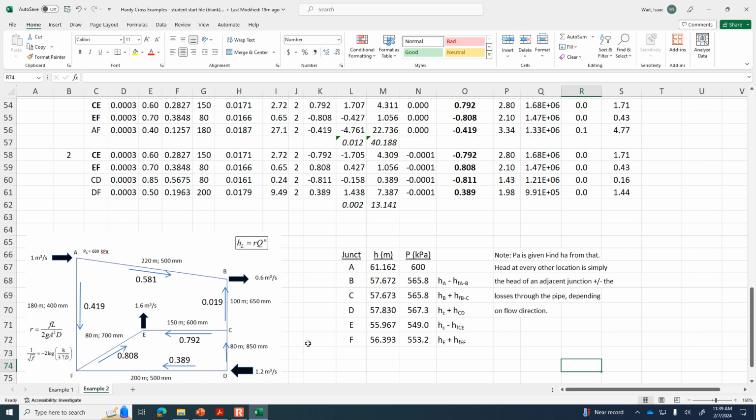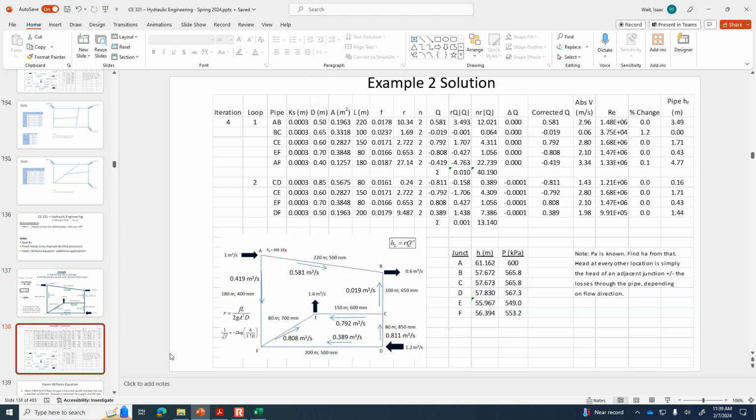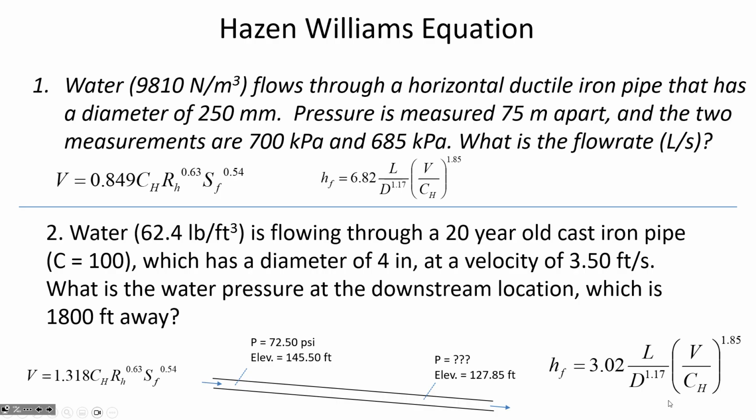All right. Well, then we will leave that there for today. Here's the same solution that we were just looking at. All right, I have a couple of additional problems related